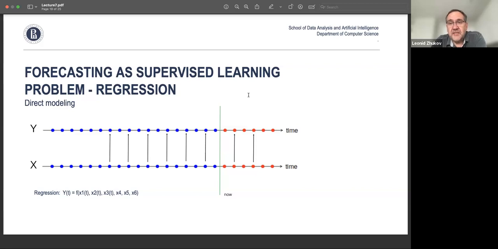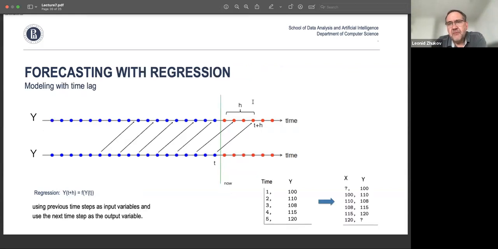But that's not forecasting, right? This is where, at every moment of time, we predict the value based on the measured factors at the same moment of time. When we talk about forecasting, we want to look into the future, right? And that means modeling with a time lag. The way to do this is to think about both y and x; instead of only factors, we also put in the value of y, right?